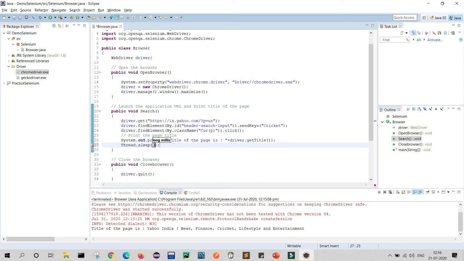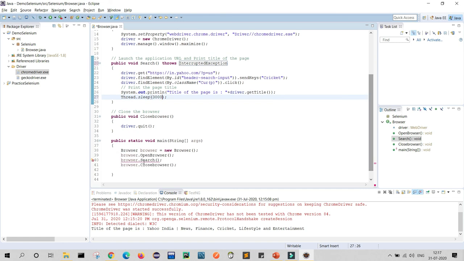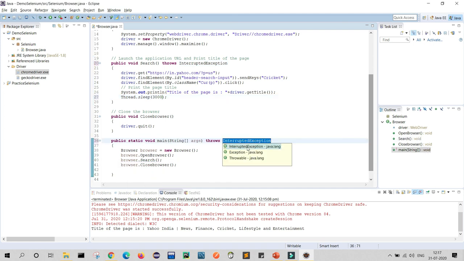Now you can see an error message comes. When you hover on the error message, it shows an option to add throws declaration. So click here and click InterruptedException. Now you can see the throws exception is here. Similarly, one error will display here because you have used throws exception, so you also have to declare your exception here. Now everything is fine.